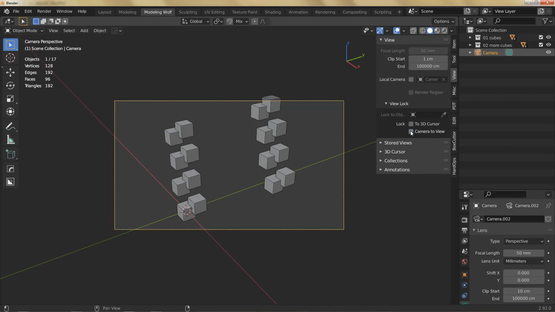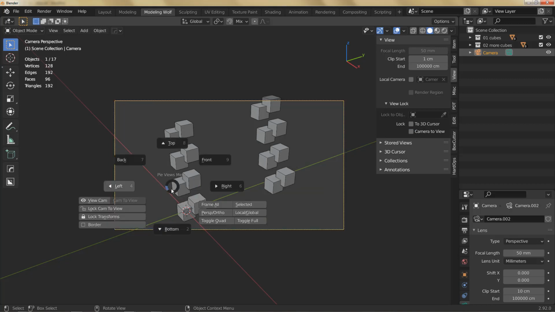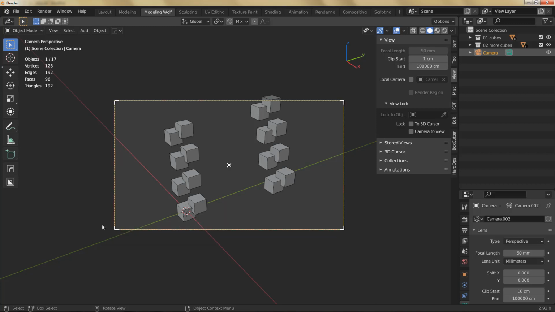So you can switch that on and off here. Or you can do this a little bit faster with the Alt Q menu. I'm not sure what lock transforms does. The border option here is like, you get these little white corners here, and you can click and drag on them. You can also, can you move this around? No, apparently not, but you can